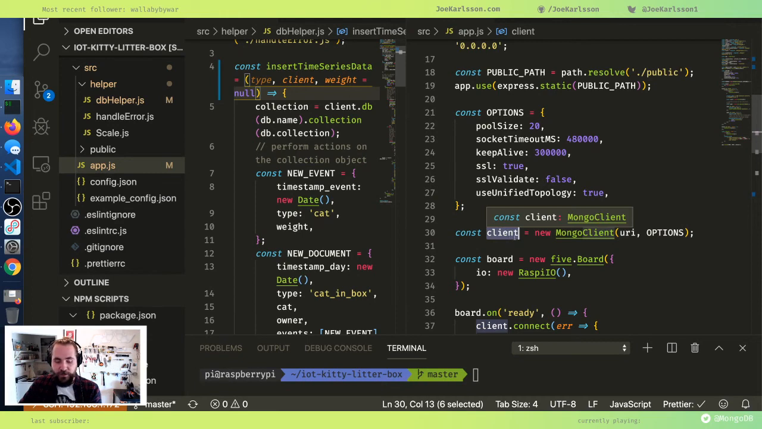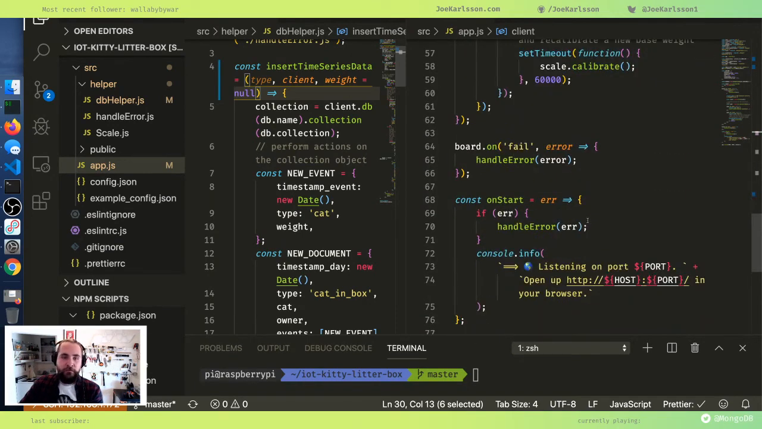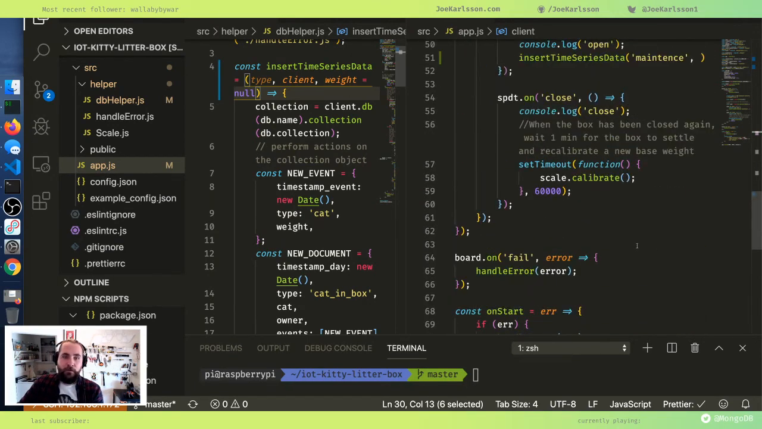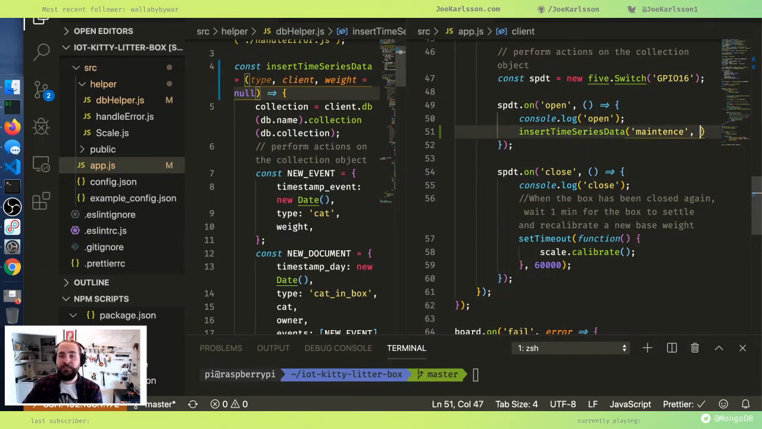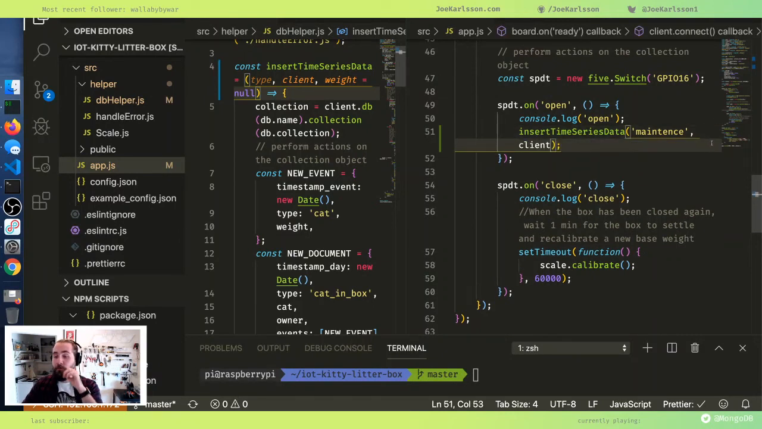But we need to pass that client through, and I do that because I want to instantiate the top level, and then we just pass around how to connect with it wherever we need it. And it's basically just right now in here. So we're saying this is a